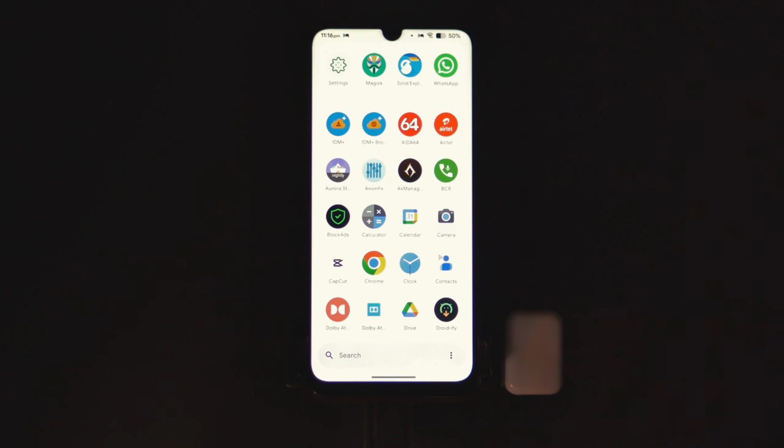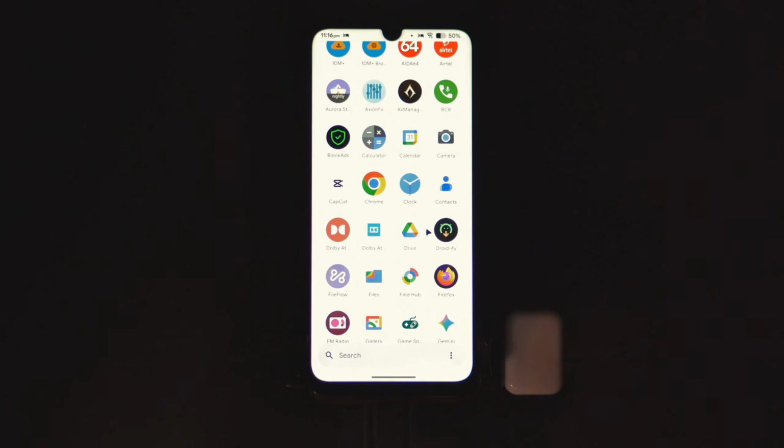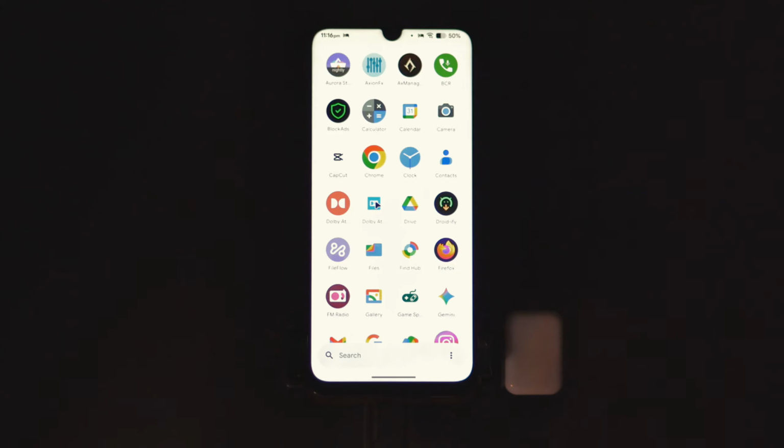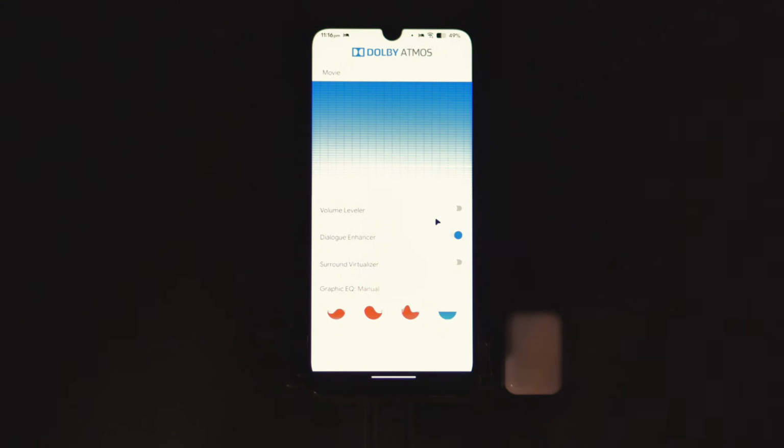Now that we are back on the home screen, open up the newly installed Dolby Atmos application. The interface gives you immediate access to some incredibly powerful sound profiles. You can switch between dynamic, movie, music, and custom presets depending on what you are listening to at any given moment. The dynamic profile automatically adapts to the content playing on your screen, delivering crisp vocals and deep bass without